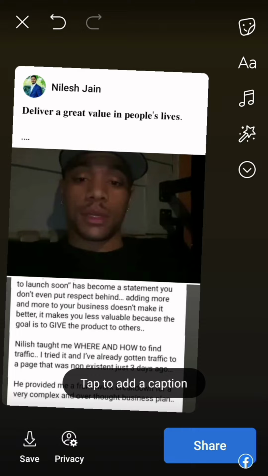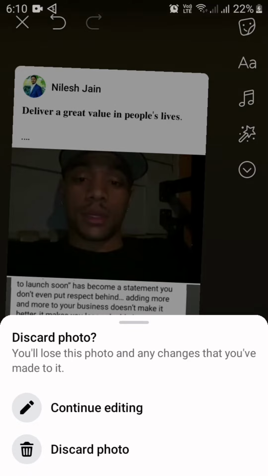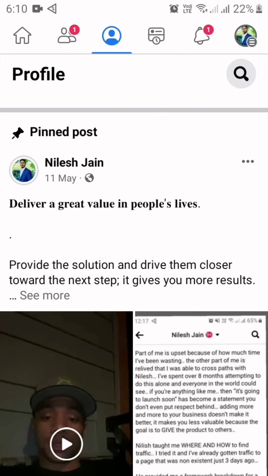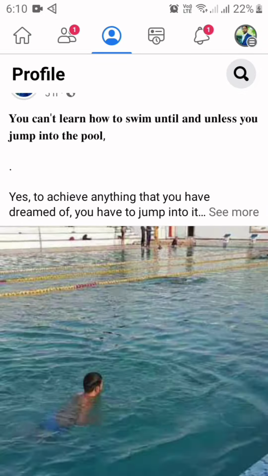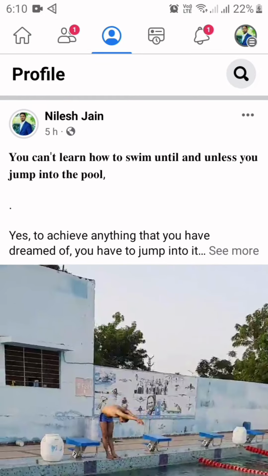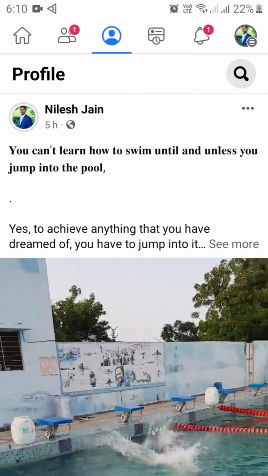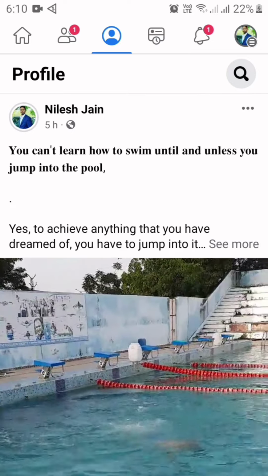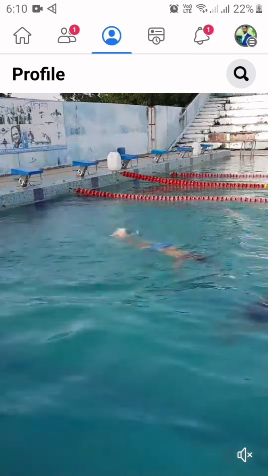So if you have text like this, which is bold and attractive, it is not visible when you are sending your post using a laptop or desktop. You just have to click on share and it will appear on your story feature.